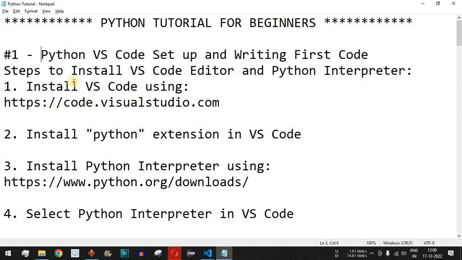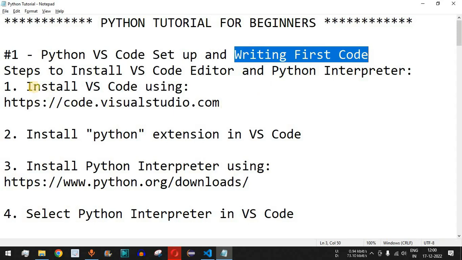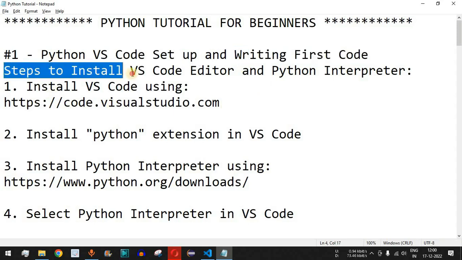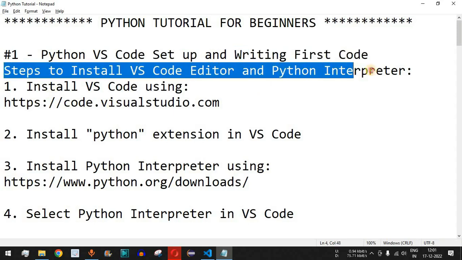So guys, first of all, we are going to check the environment setup using the Python language, and we are going to use the VS Code as the editor. Now over here VS stands for Visual Studio, and we are going to use the Visual Studio Code editor in order to write our Python programs. Apart from this VS Code setup, we are also going to see how do we write the first Python code and execute it. So guys, basically I have written down the steps to install the VS Code editor and Python